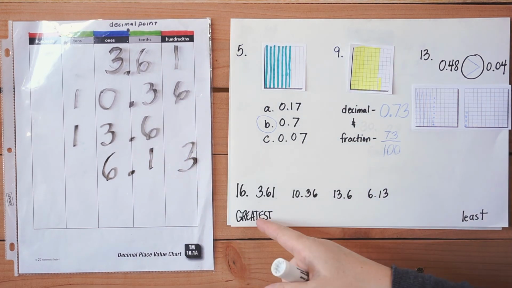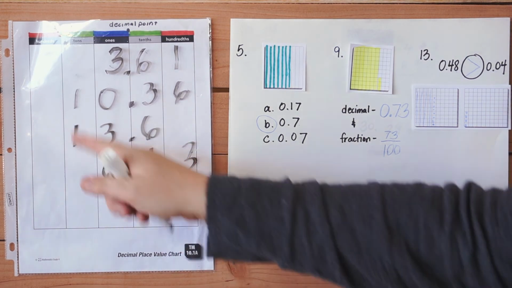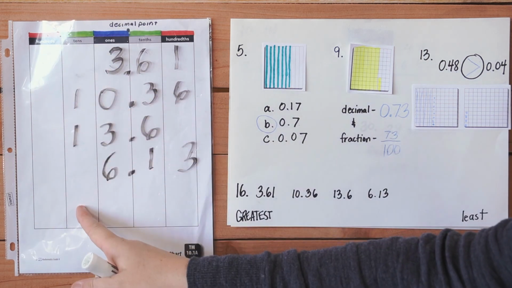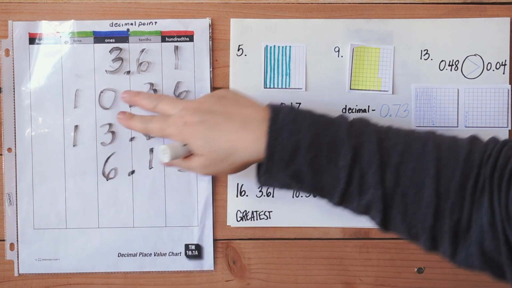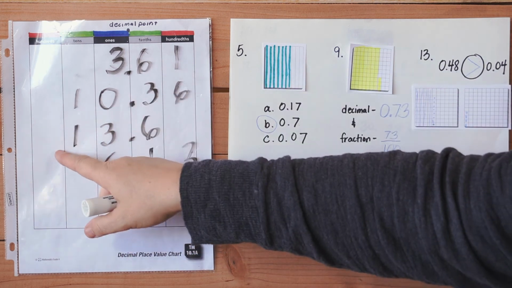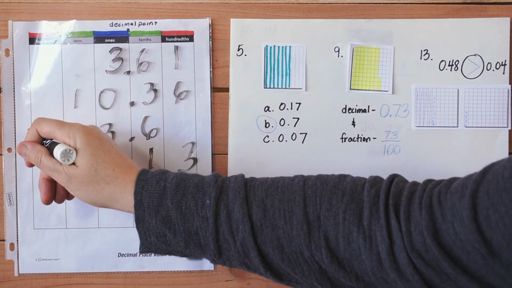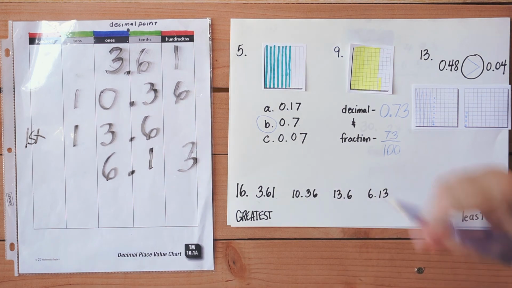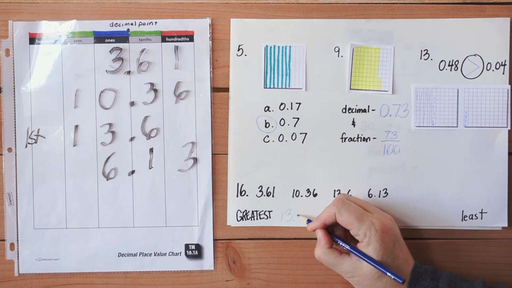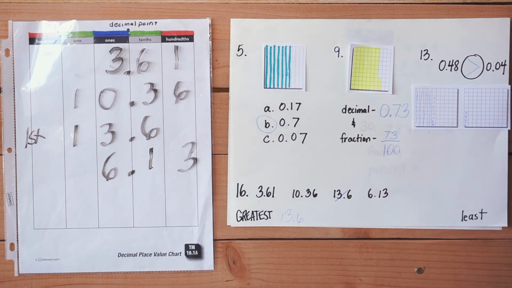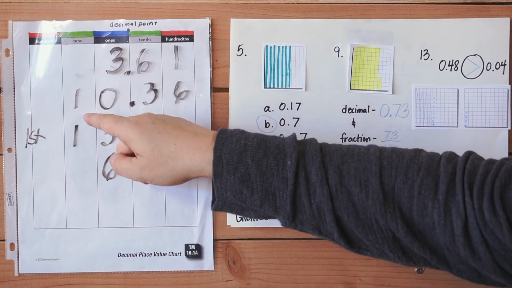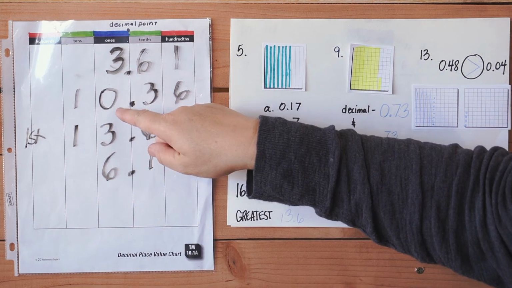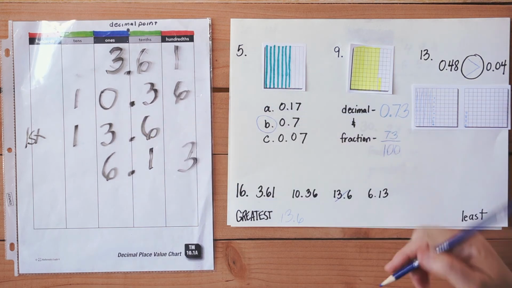Now it says to do it from the greatest. So let's look at the greatest number. These both have ones here, so let's look here. So it's going to be 13.6 is the first one. Okay, so we'll write that down, 13.6, cross it off. Then we know it's got to be this one, because this was the second one. So then we do our